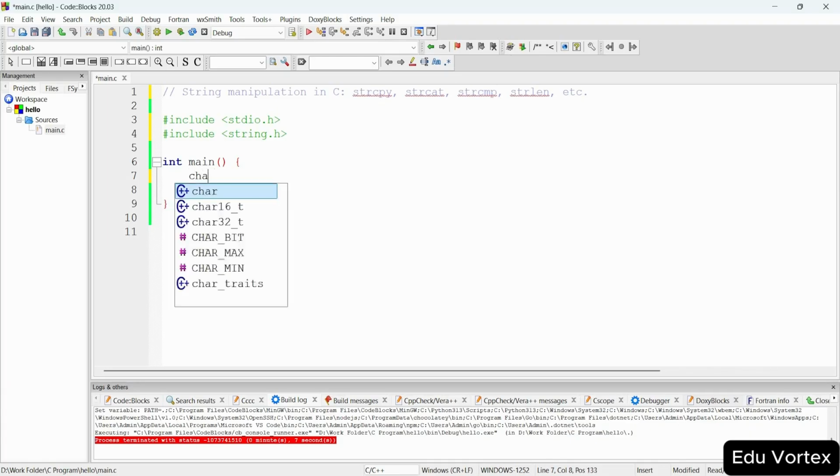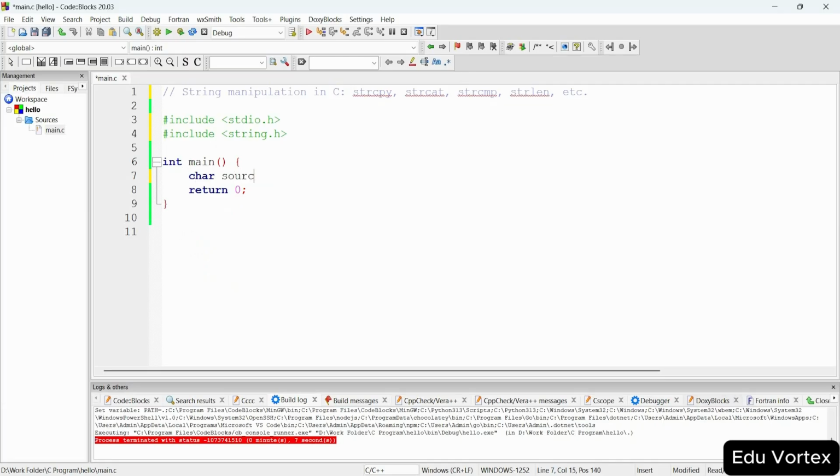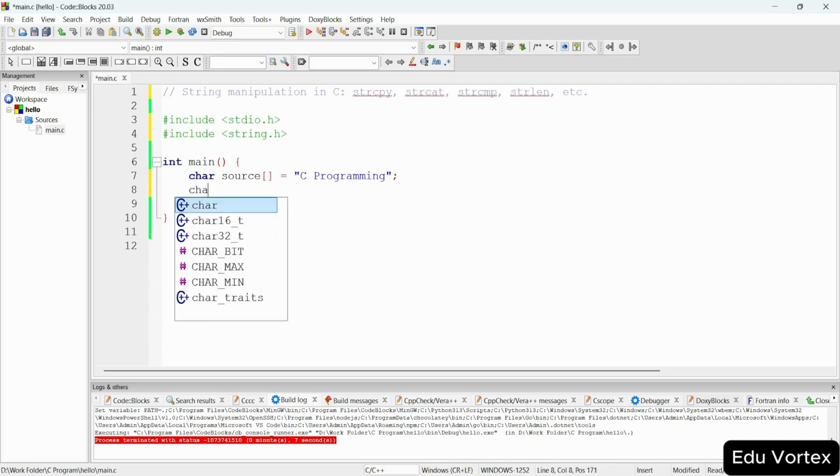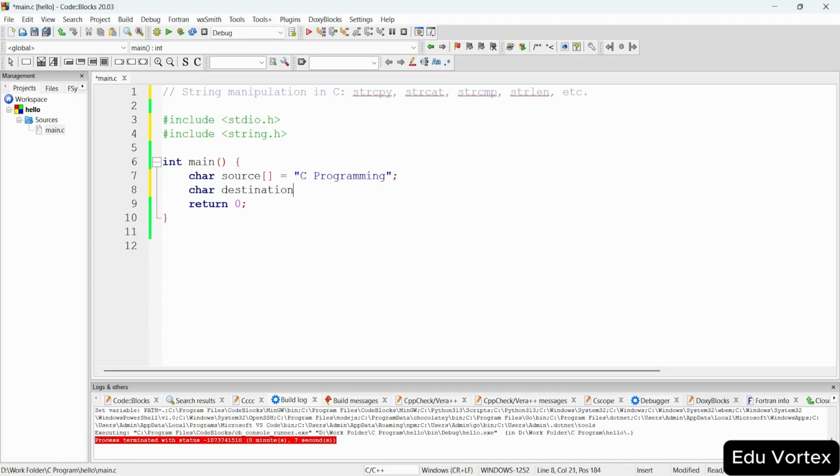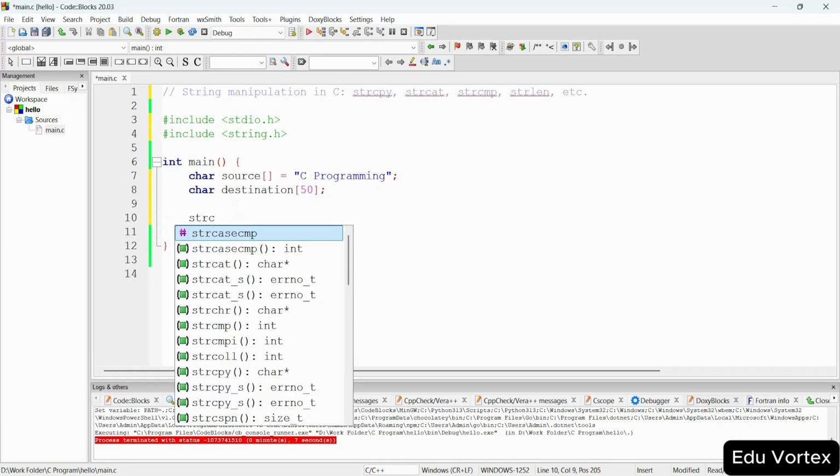So first of all, inside we're generating the string copy. First of all, here we type the C programming, and using here the character type for destination. So destination. Now inside the index, declare the value of 15, and now here is the string copy. So now you can see the existing string copy,